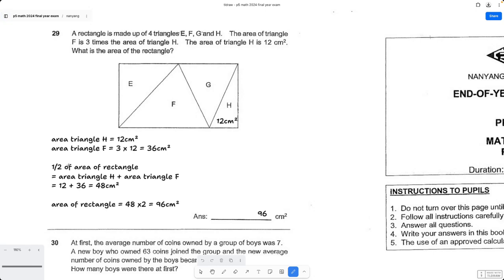Therefore, in this case over here, half of the area of the rectangle is equal to the area of triangle H and F, because their bases are literally the same length as the rectangle, and then they are just half of what I see over here, and that's why you multiply times 2. So hopefully this makes sense. Alrighty. Okay,